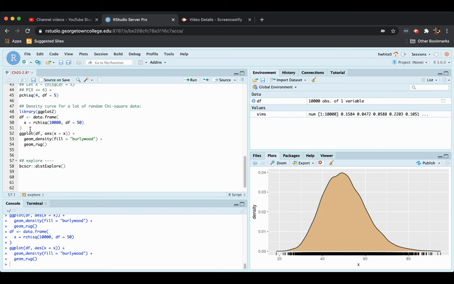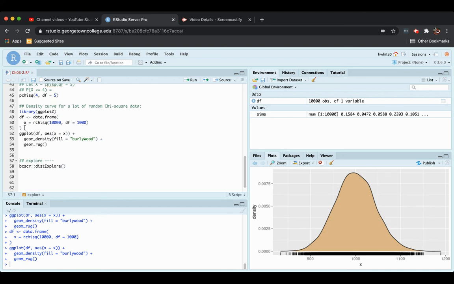It looks like it's sort of getting to be symmetric and even kind of bell-shaped. What if I had degrees of freedom like, I don't know, 1,000? Kaboom! It looks completely symmetric and kind of bell-shaped. Interestingly, also, the mean is at 1,000, and